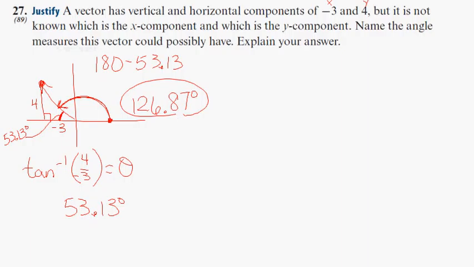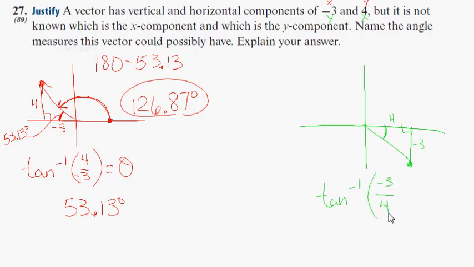This time, let's call this y and this x. So if we do that, then we have to go over to the right 4 and down 3. But again, you see that we're building the triangle off of the x-axis. Important distinctions here to be made, 4 and -3. So we need to find this angle measure. This time we'll have the inverse tangent, obviously, because we're trying to find the angle from the opposite over adjacent, which is -3/4. And if you enter that into your calculator, I believe you should end up with